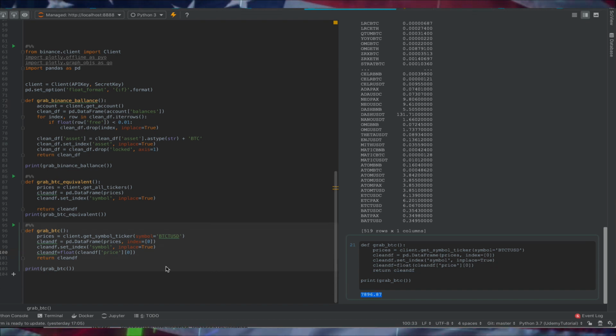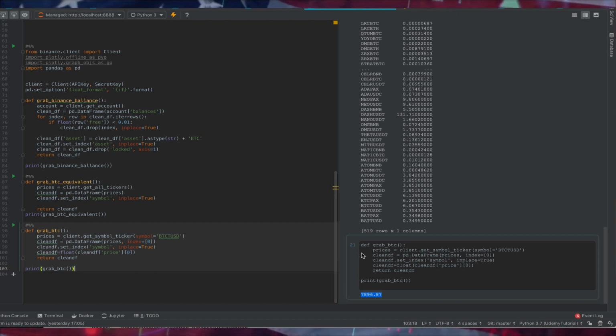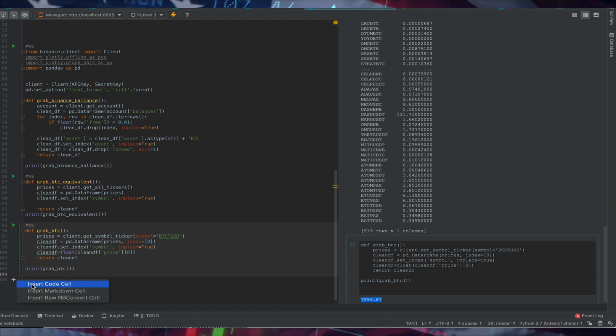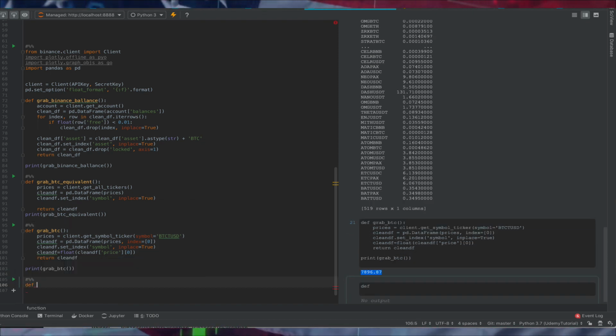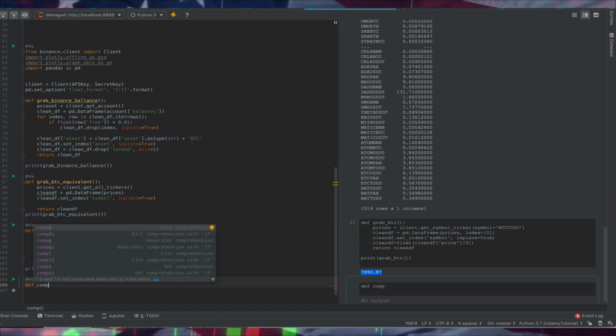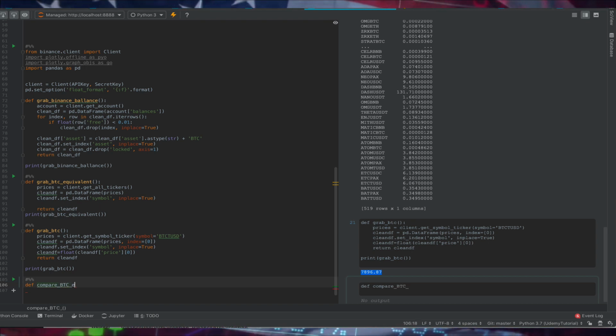All right, so the next thing that we want to do is basically bring all of this together, okay? That's what we're going to do in this next function. So I'm going to insert a new code block, and we'll call this something long. I just like to make sure these are all named correctly. So we will call this function compare BTC